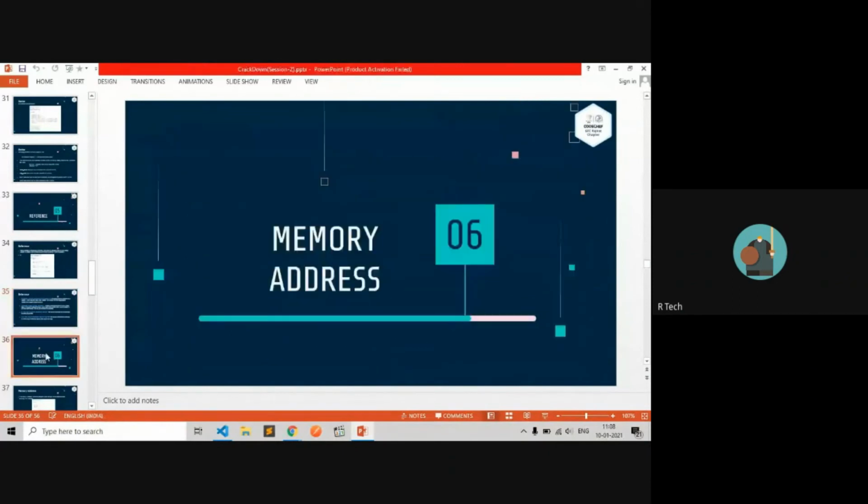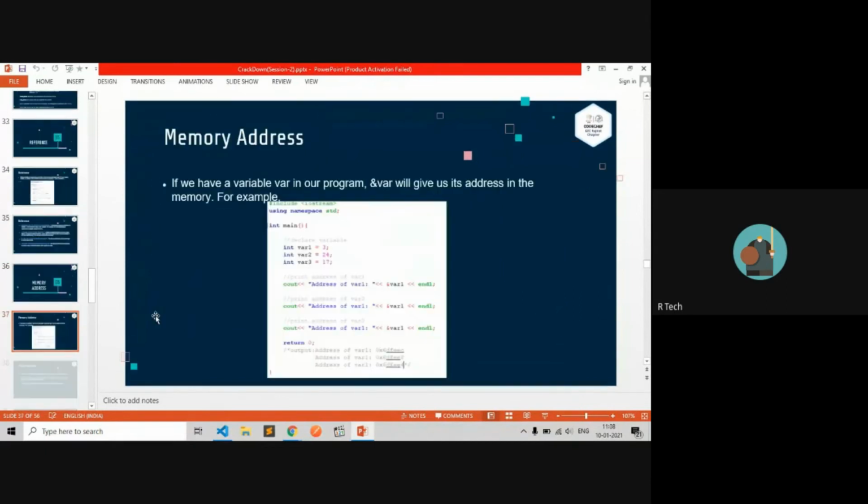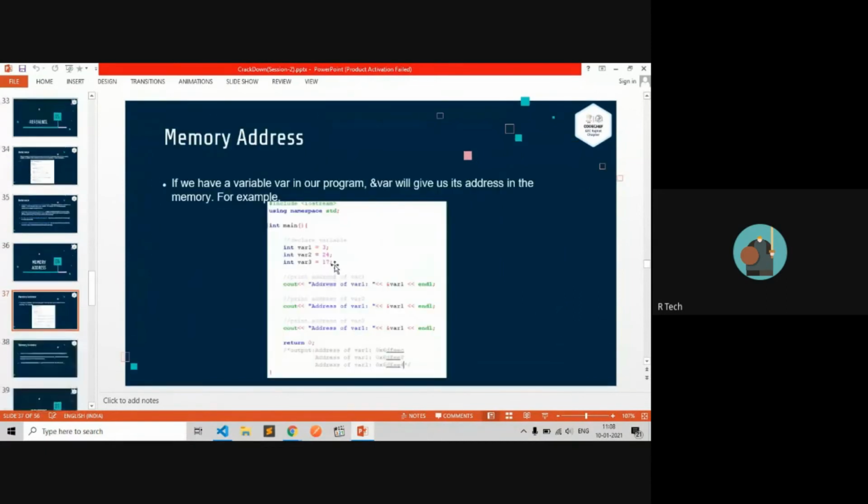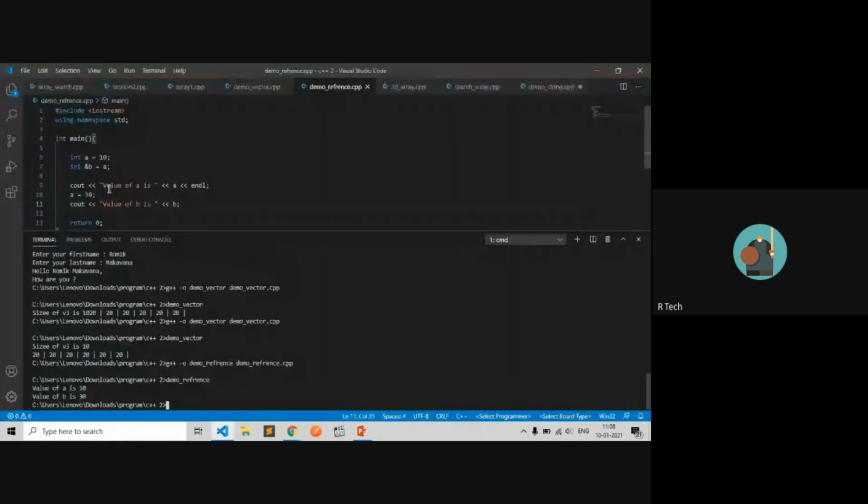What is a memory address? The memory address is what we have used in reference. So let's try a tricky program. Here variables 1, 2 and 3 are printing their address. I have told you it's the same address. So let's print the address of variables a and b.